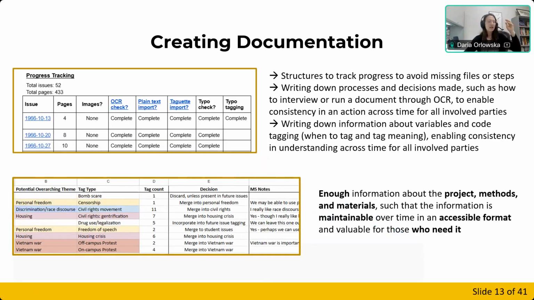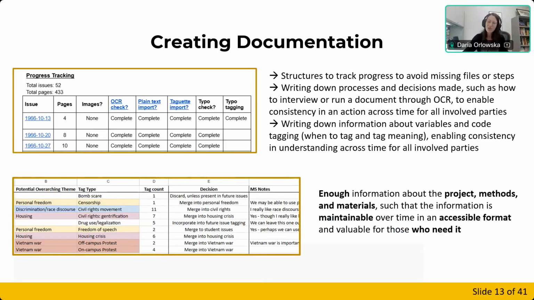And finally, creating documentation. So creating structures to track progress to avoid missing files or steps. So on the left-hand side there, I've given another example from the summer internship where we had progress tracking for Western Activist. We wrote down the issue, we hyperlinked to it. We said, how many pages are part of this issue? How long is it going to take to get through it?